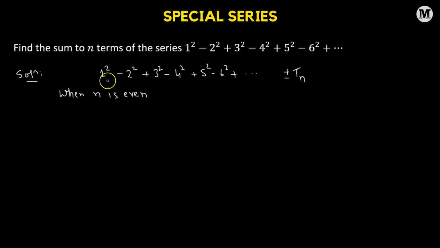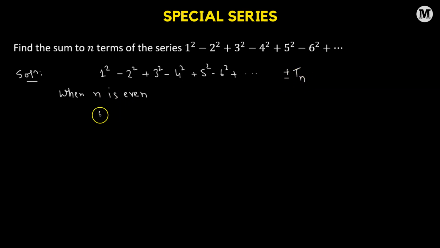Let's think about it in this particular way. If we consider an even number of terms, for instance, let's say we have 4 terms. That 4 being an even number, the last term is always negative. If we consider 6 terms, the last term is negative. Considering 2 terms, the last term is always negative. So that means that if we consider an even number of terms, then Tn is going to be negative, which means